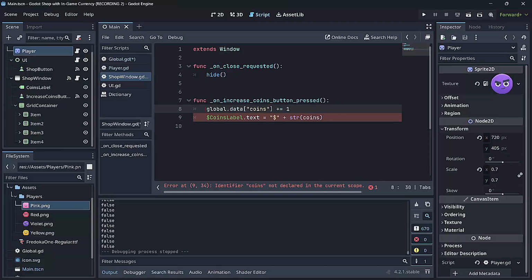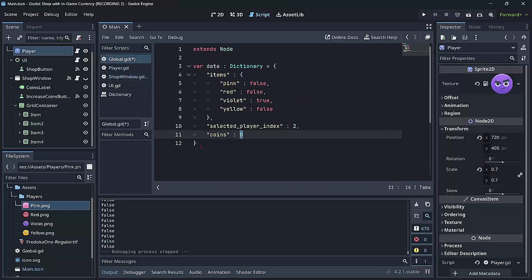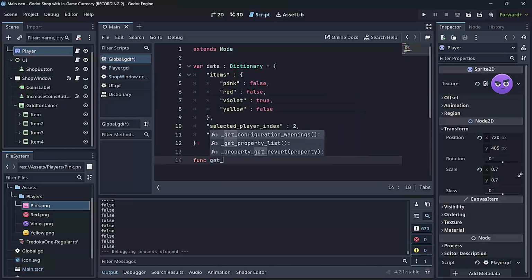And then we also have to use this value over here, and then here we also have to update this, but instead of writing here just this that would work, we are actually gonna be using the coins as text a lot of times in our code, okay? So in order to simplify the process a little bit, I will create here a function on my global script that I'm gonna call get coins as text, okay? And this is gonna be returning a string,